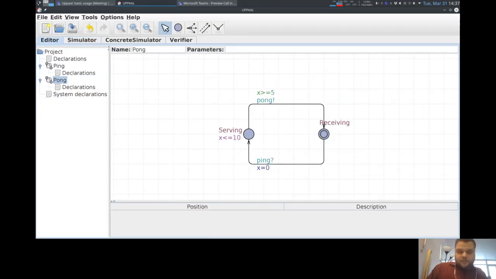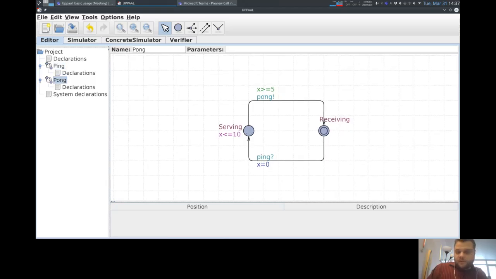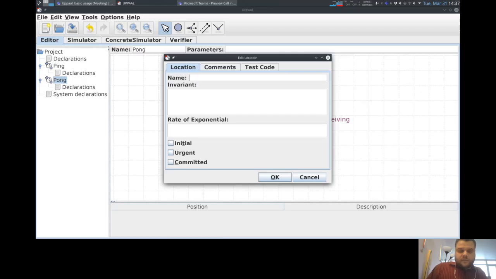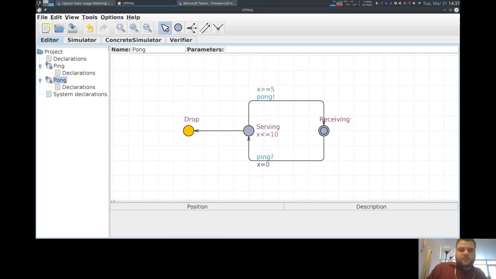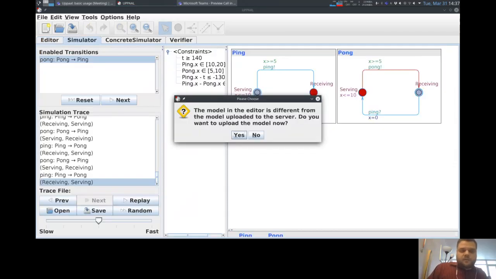Let's just make this a bit more complicated. So suppose Ping is a very good player, and Pong, instead of serving, may perhaps drop the ball. So I'll create an extra location here. This is the behavior that this process can actually drop the ball. Now, if I go to the simulator,